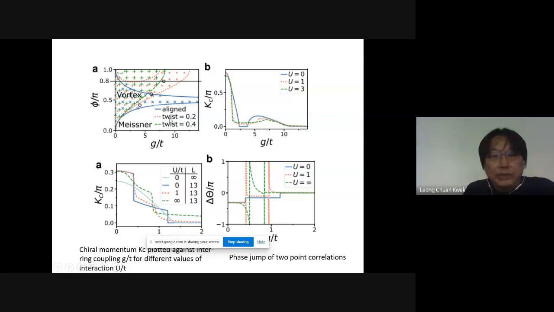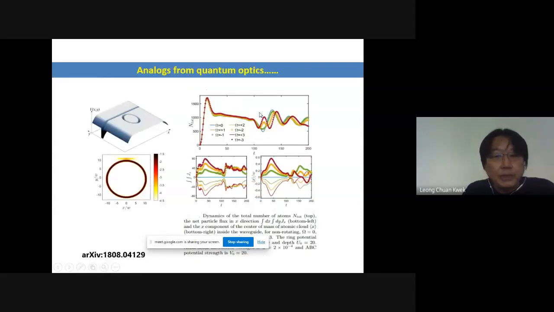But when you start twisting it, this picture goes up. The more you twist, the more it goes upwards, and the vortex phase essentially shifts upwards. And then you can study it with different interaction strength as well. And you can also consider